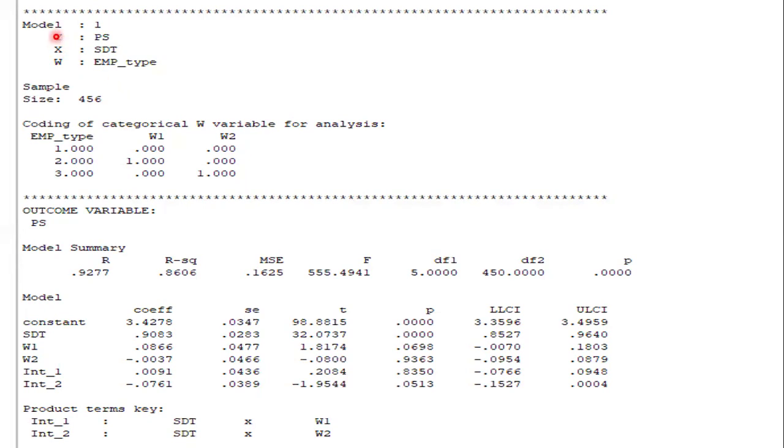So you can see Model 1: your dependent variable is PS, your independent variable is SGT, your moderating variable is employment type, the sample size is 456, and you are seeing the coding of the categorical W variable for analysis. You can see employment type here, and W1 and W2. Basically, W1 and W2 are the variables that PROCESS has automatically generated. So what do they mean? It means if we are considering the first category of employment type,